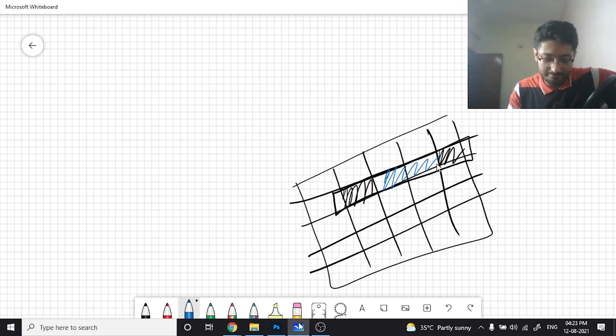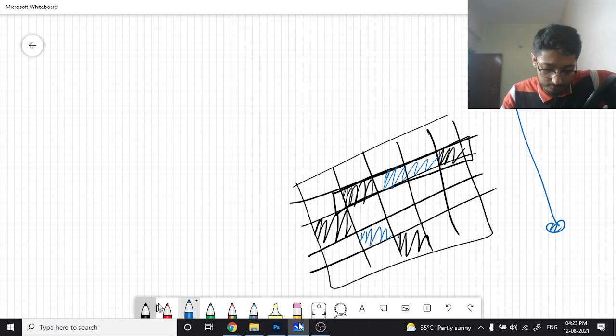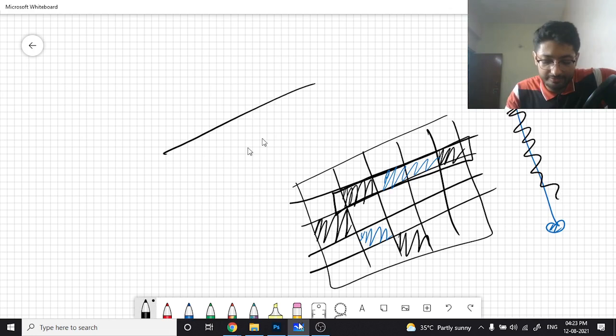You can do the same thing here. Let's assume I mark this as black, this as black, and the middle one is white. You are forming a line in which the endpoints are of one color and the middle part is of the other color. It can be a horizontal line, a vertical line, or a diagonal, anything like that.